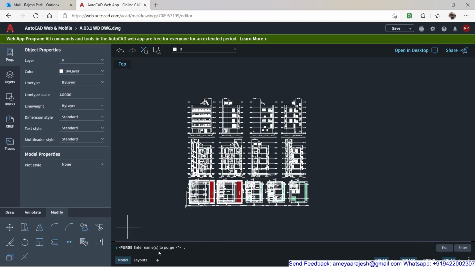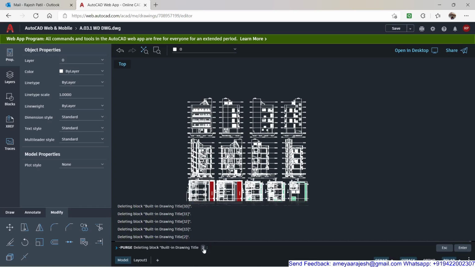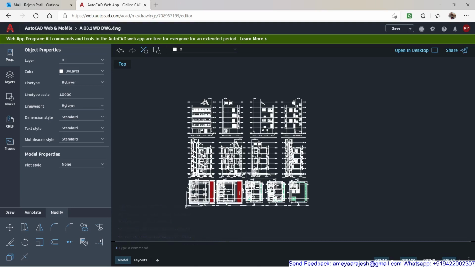Enter name to purge. Do you want each name to be purged? Do you want to confirm, verify? No, I don't want to. So it will just consider all the objects which should be purged. Now remember, once this process is done, you're almost done.